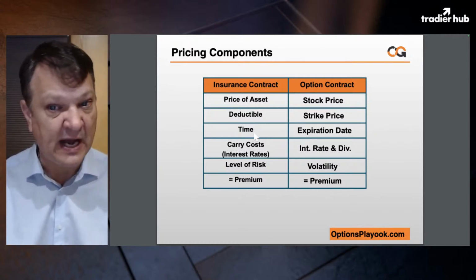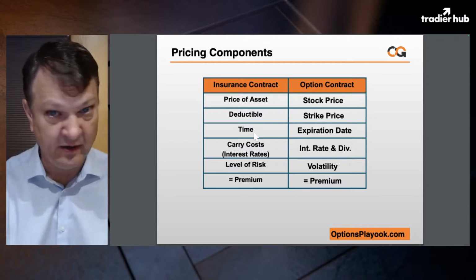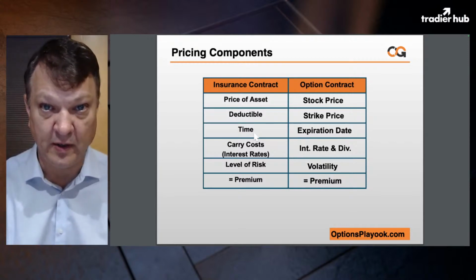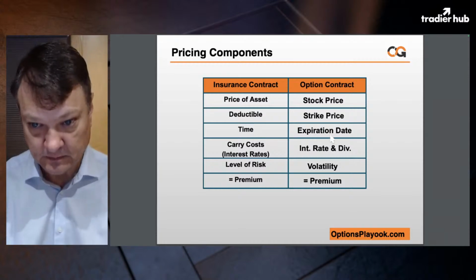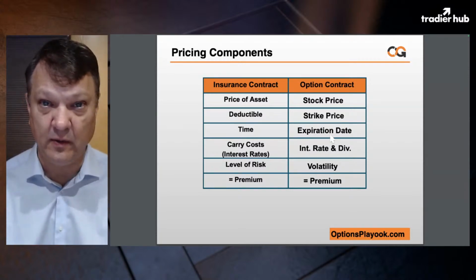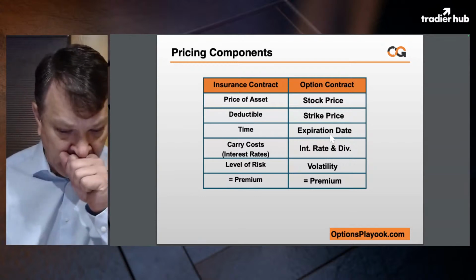Okay, so then time is money, very straightforward. In an insurance contract, you have a 6-month or 1-year policy. It's going to cost you more for a 1-year policy than a 6-month policy. With options, you have daily, weekly, and monthly. They'll go out as far as